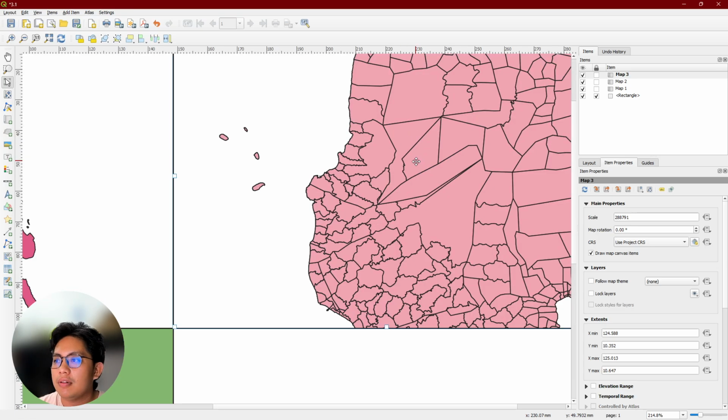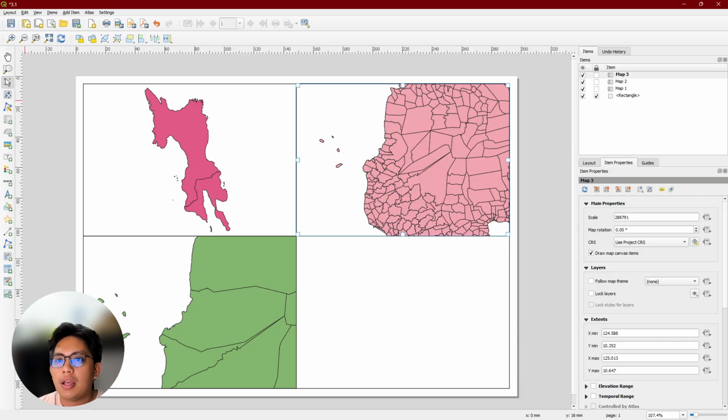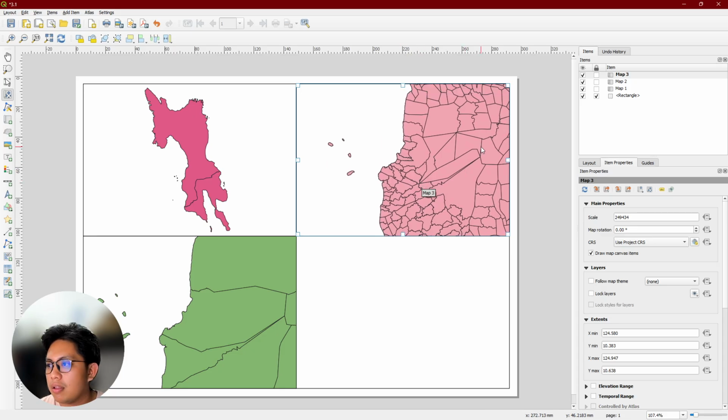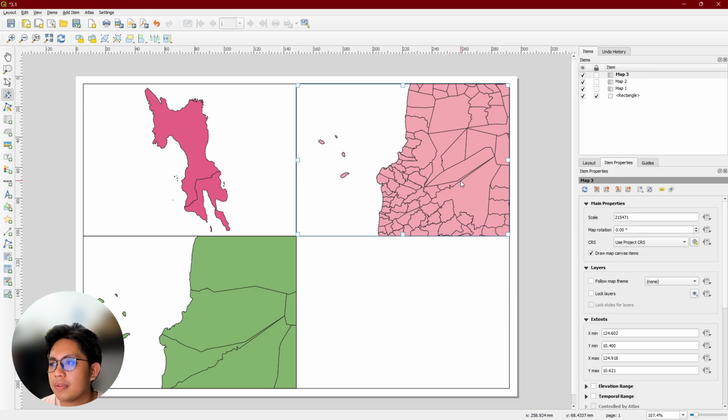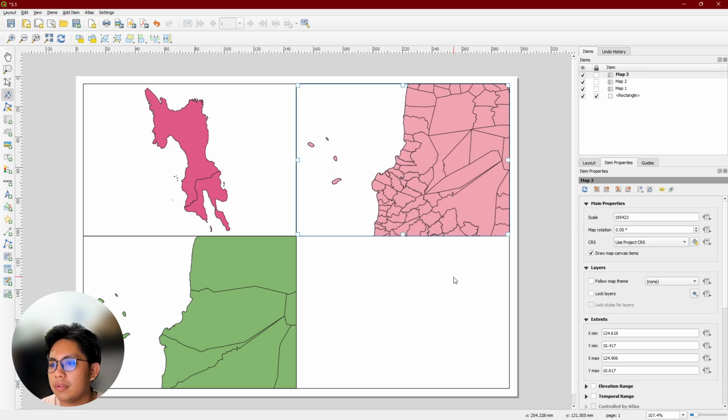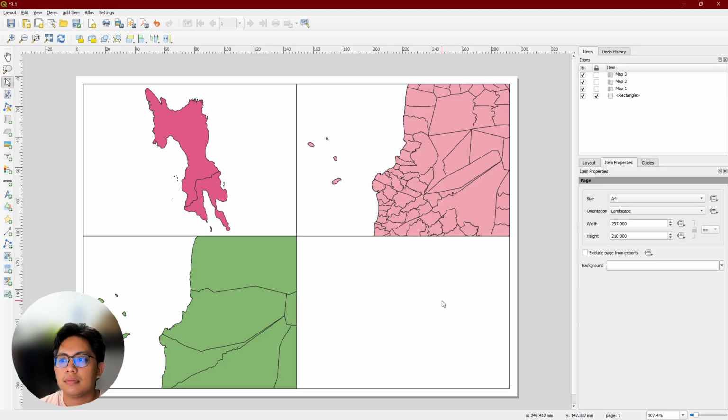So now, I want to zoom further into that Inupakan zone, which is somewhere here. That one. So now I have a multi-level map of Leyte.